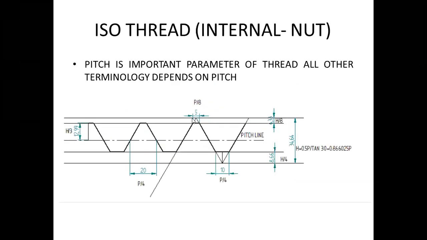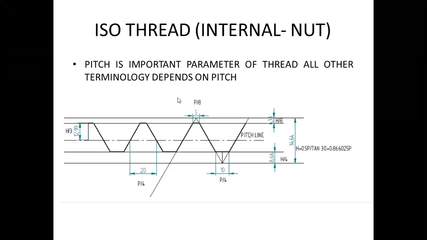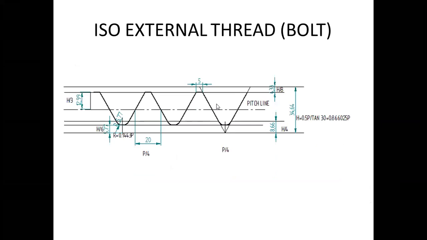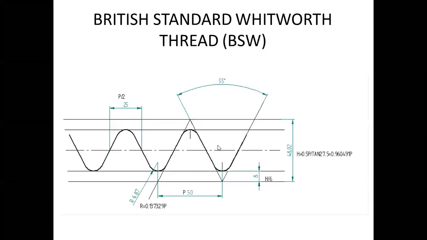See, internal thread, you will have flatness at both crest end and root end. Whereas if you come to external thread, at the root end it will have a fillet like this, roundness. Here you will have flatness. Because both are different, you need to write them separately in ISO thread. If they ask internal thread, write it separately, and external thread, write it separately. I explained how to draw both in software in the previous class video. Kindly refer to that and practice. You have to do this manually also.